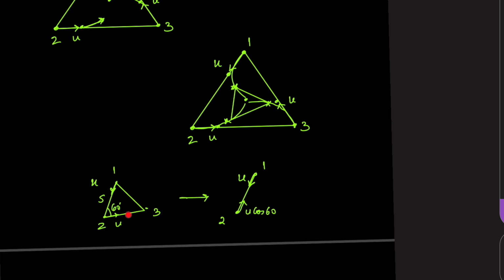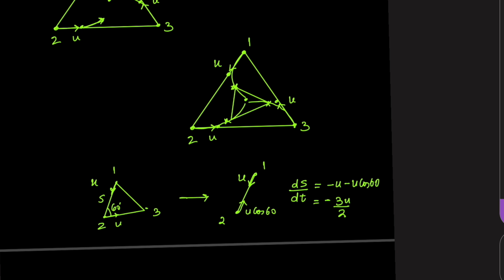So we'll do components of the velocity of the particle at 2. Its velocity is u, its components will be u cos 60 and u sin 60. Forget about u sin 60 because it's perpendicular to the line joining 1 and 2. So these two velocities will obviously change the separation at this rate. Both will decrease the separation, so both will come with a minus sign, and it's minus 3u by 2,